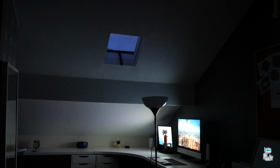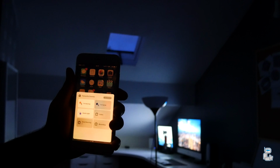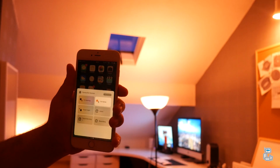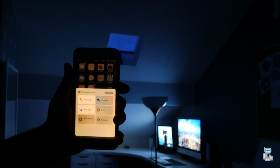So now I want to give you guys my overall thoughts and opinions on these bulbs. Now coming in at £150, yes, they are slightly expensive, and that is perhaps the major drawback from buying these bulbs. Now the ability to change the colours of each individual bulb, yes, it is quite a nice feature, but at the end of the day it's not a feature that I saw myself using